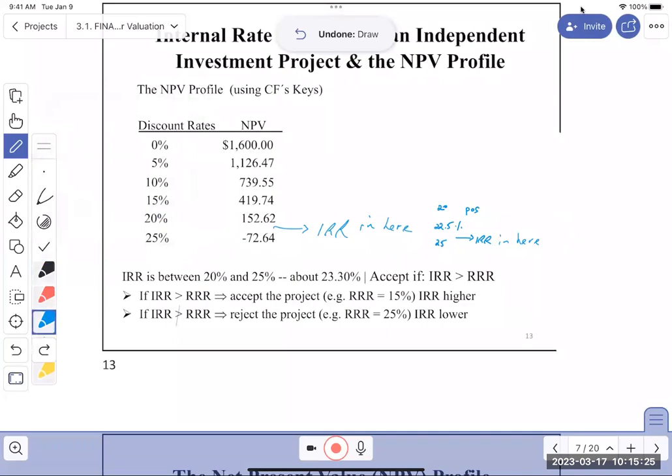I have a color system. 23.75 and 25. And so if you put that in,